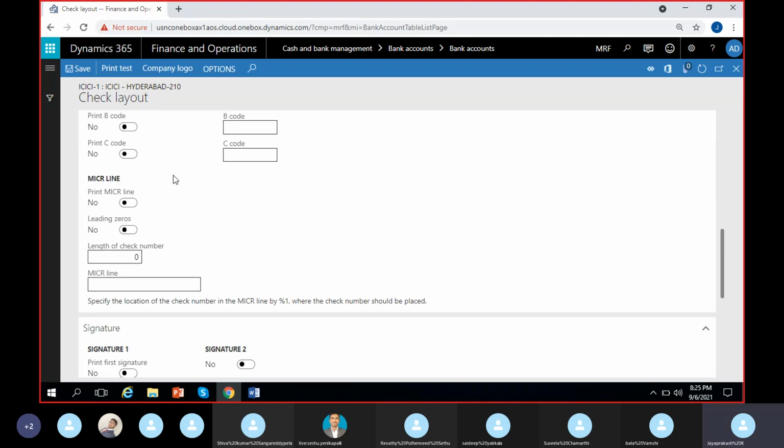And I have this MICR line option. Actually, in Indian checks, we have the MICR line, that magnetic line at the bottom, that kind of barcode or black strip we have on the check, a magnetic strip that has unique numbers for each check, again at the bottom, just like a barcode. So that's automatically there. But if it is not there and you want to print your unique MICR line with numbers, you can do that. You can enable this print MICR line on the check. You can also give the length of the check number, MICR number, say 9 digits, and you can give 9 digits here,